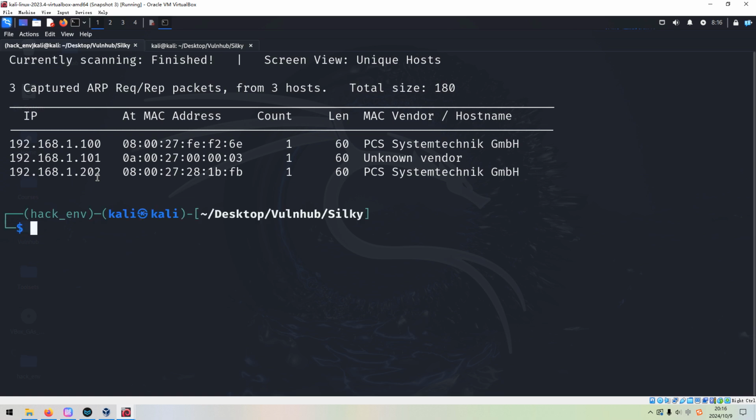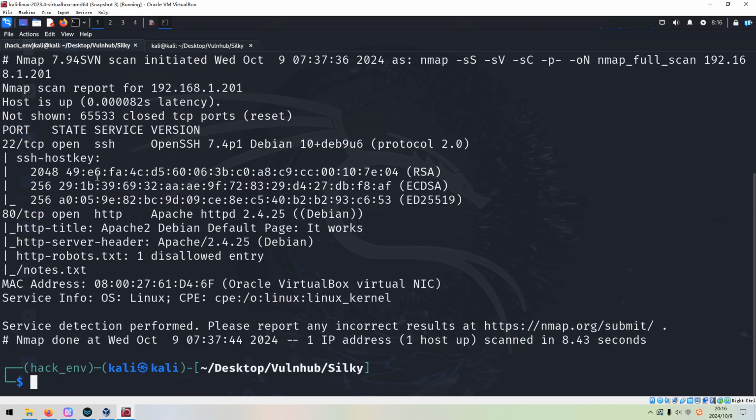So what should we do next? We need to do port and service scanning with Nmap. To save time in this video, I've already completed it before, so for now we just get out its result. As you can see over here, I used options like the SYN scan, the version scan, the default script scan, followed by -p- to do the full range port scan. The last option, -oN, outputs the result into this file.